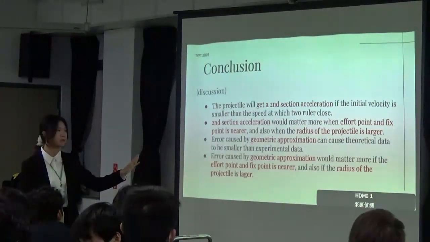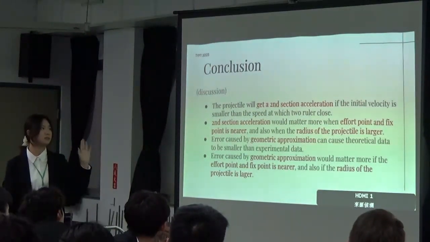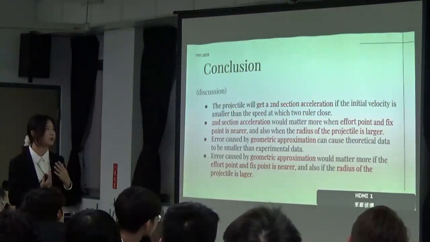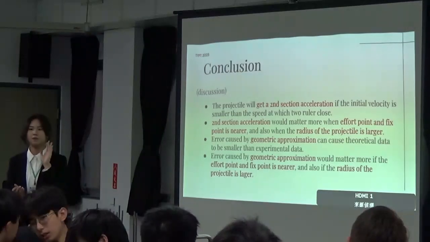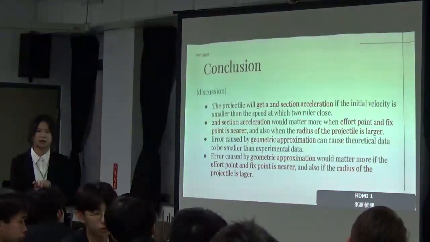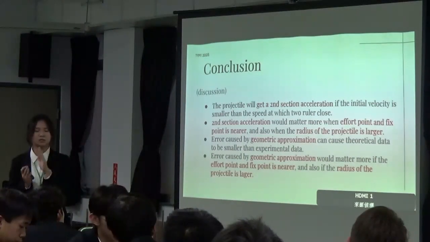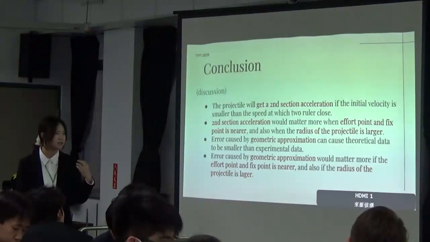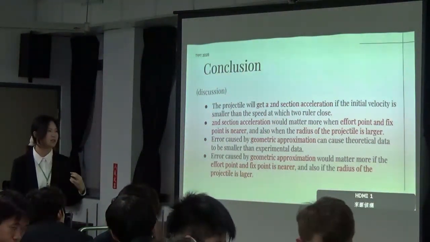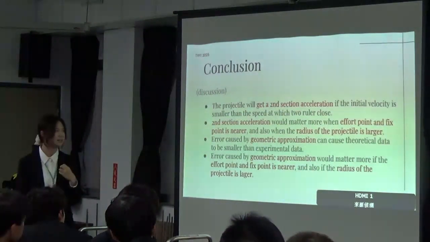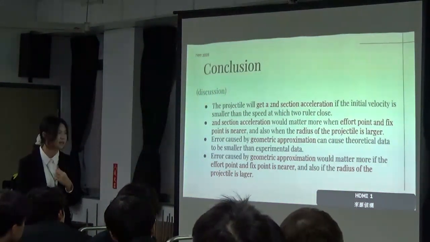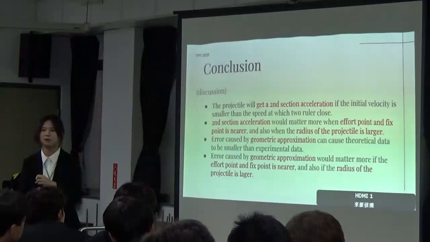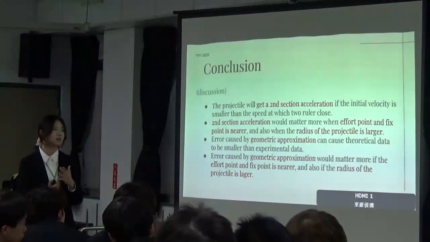And the conclusion in my discussion part is that we found there are two sections of acceleration if the initial velocity is smaller than the speed at the two ruler poles. But if the velocity is bigger than the speed at the two ruler poles, the second section of acceleration won't happen. And also the error caused by the geometric approximation can cause the theoretical data to be smaller than the experimental data. And the error caused by it would matter if the anchor point and the fixed point are near, which means that x1 is smaller. And also the radius of the projectile